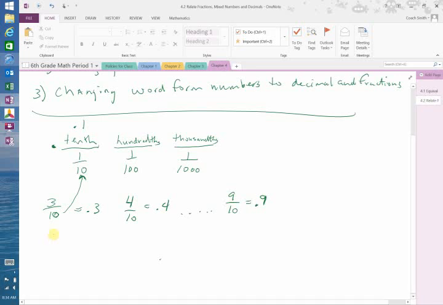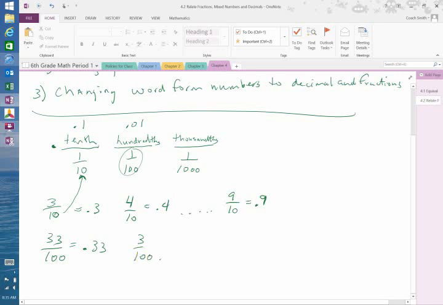So, for example, if I had 33 over 100, okay, well, 1 over 100 would be 0.01. So if 1 over 100 is 0.01, here's where some people make their mistake, okay? 33 over 100 would have to be 0.33. Now, if it was 3 over 100,